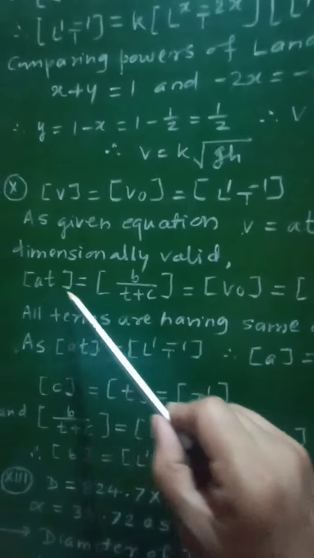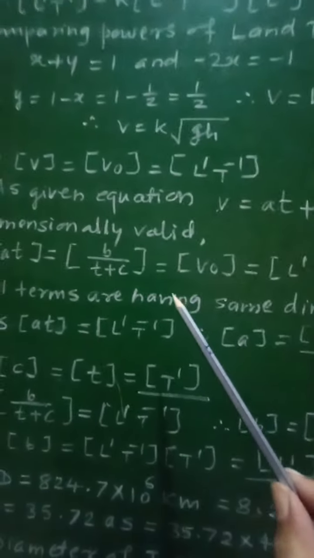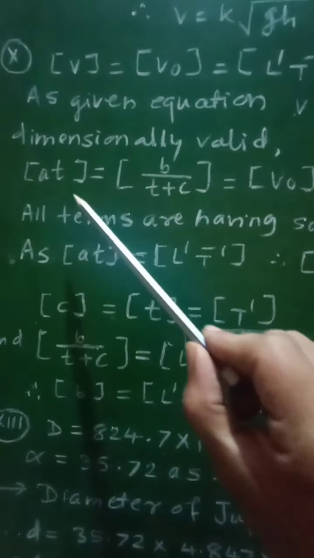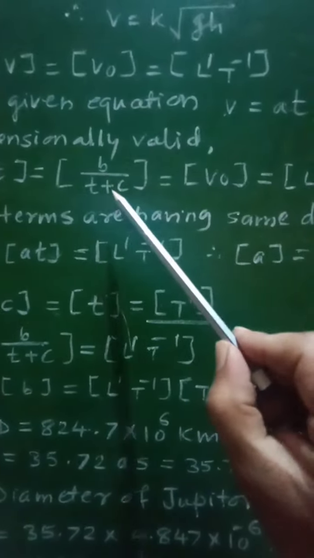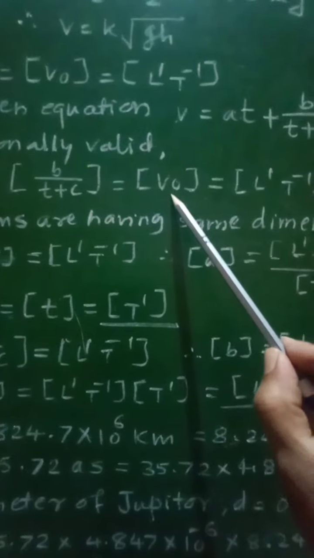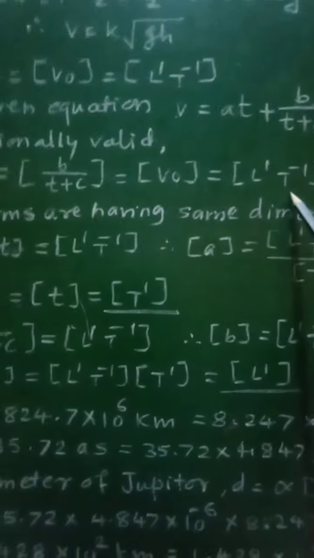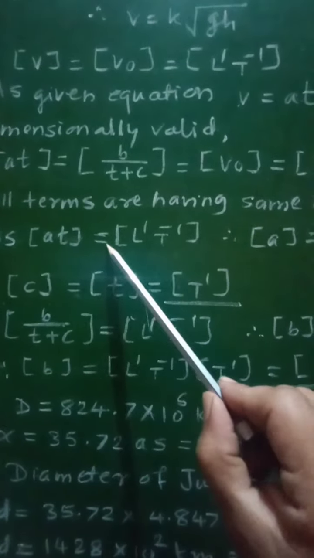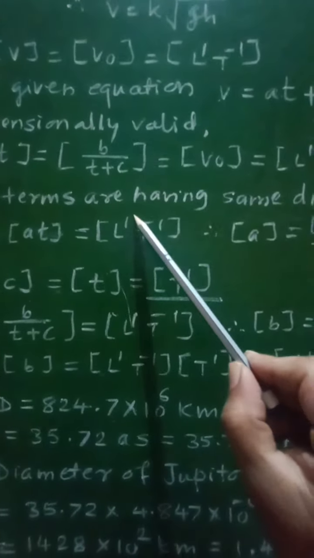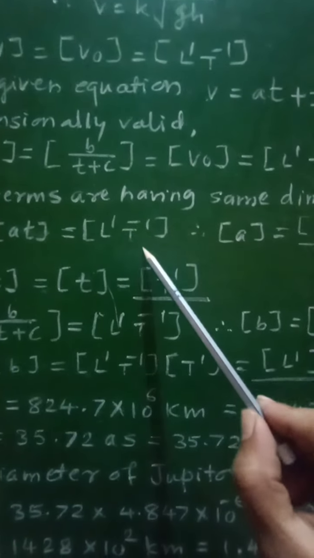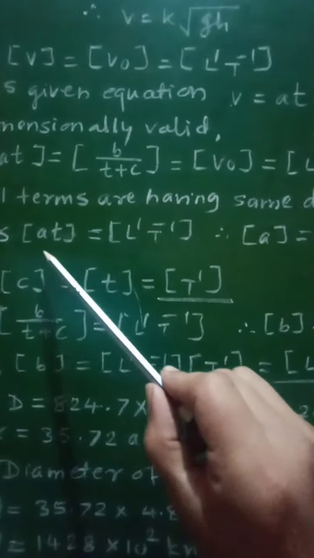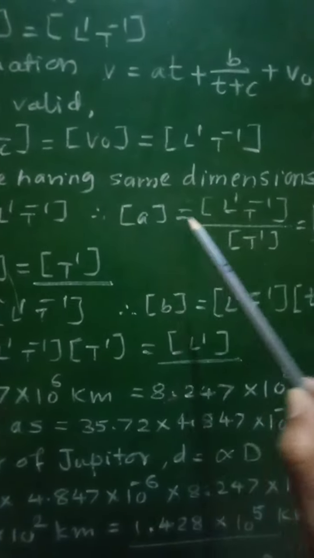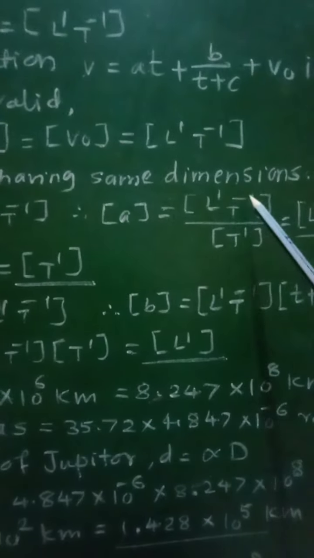All these terms have the same dimensions, so at as well as b upon t plus c as well as phi0 will have the same dimensions. Therefore, let us consider a single term: dimensions of at will be equal to L^1 T^-1. And as the dimensions of at are these, the dimensions of a will be equal to L^1 T^-1